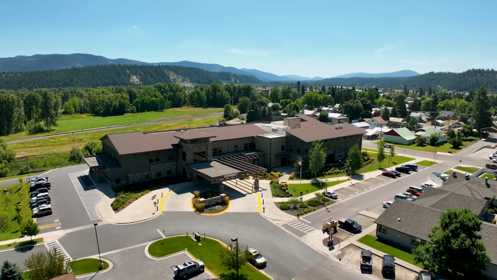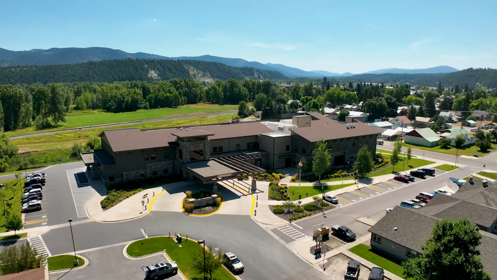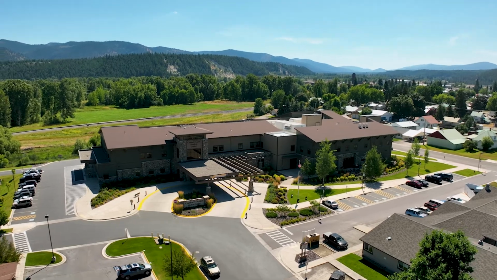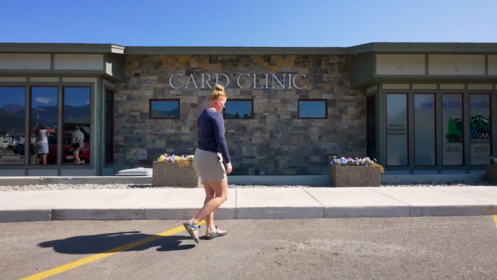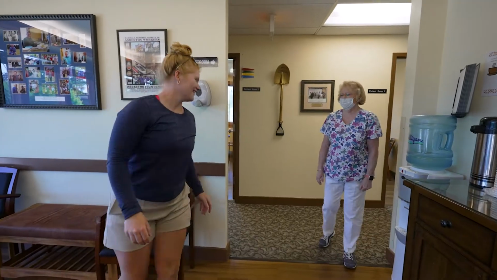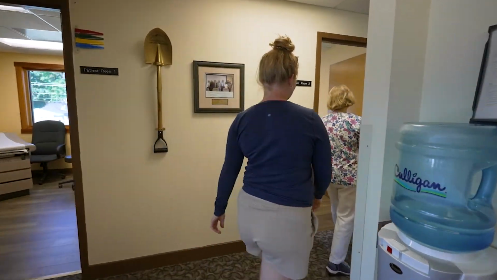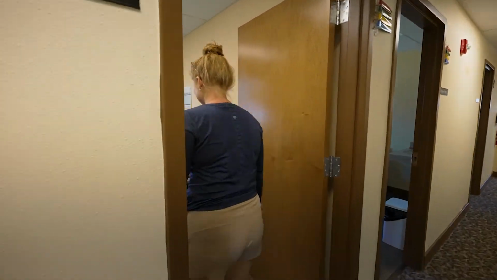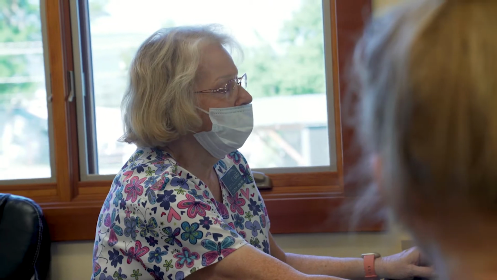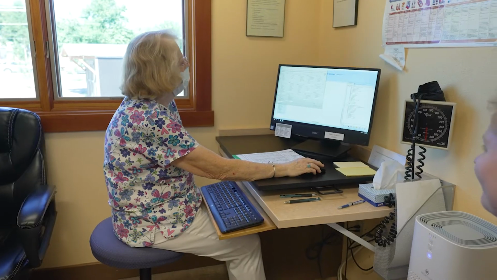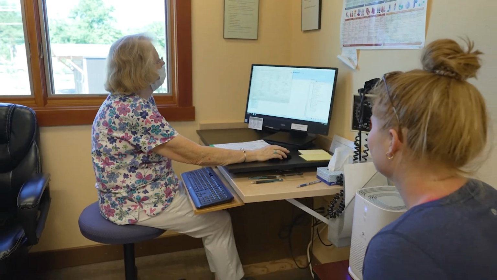When you come in for your visit, the first thing you do is go to Cabinet Peaks Medical Center and get a chest x-ray done. Once that's completed, you come back to the office and meet with one of our research associates. They go through all the questionnaires, make sure everything's complete, and also talk about our research program and whether you might want to be a part of that.